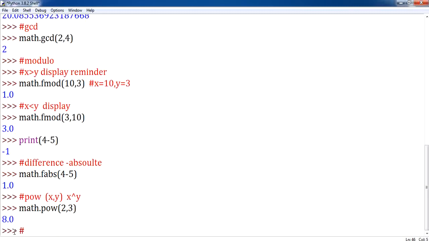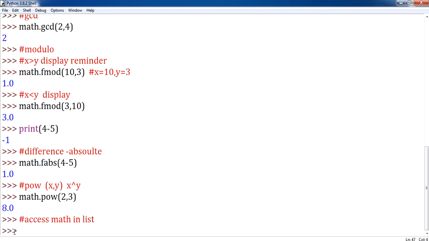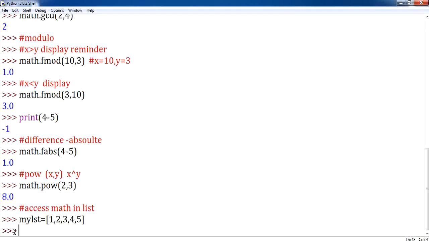And next we will go with the implementation, how to access this particular math module with lists. Clear? First let us declare my list, and here let me initialize the values 1, 2, 3, 4, 5. Let me initialize 5 values. If I want to do the sum of this list, I can do it using the math module, math dot fsum.